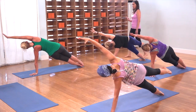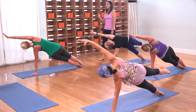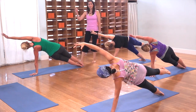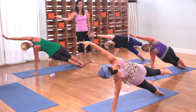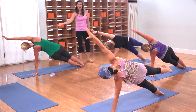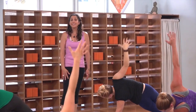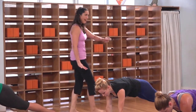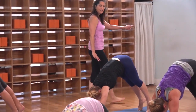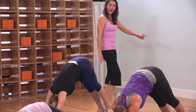5. So energetically with those right fingertips, touching that front wall. Check your lips, check your jaw. 2. Arm back up, inhale, exhale, plank, pause, navel pulls you back, down dog, lift your left leg up, take